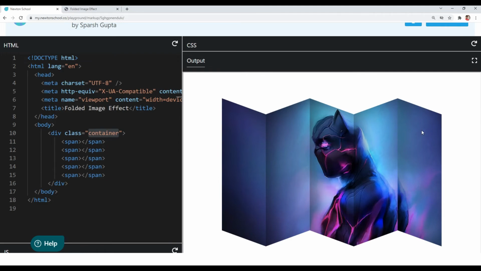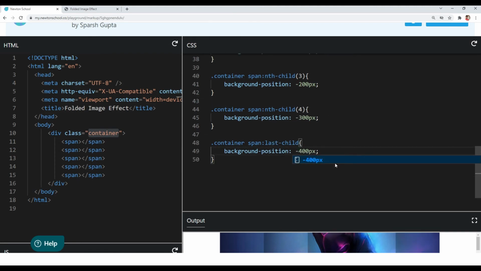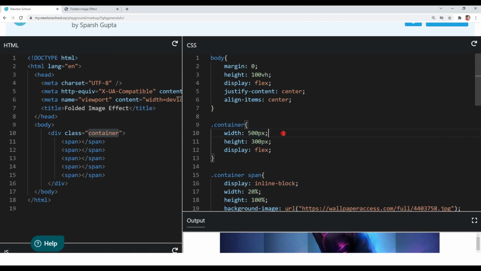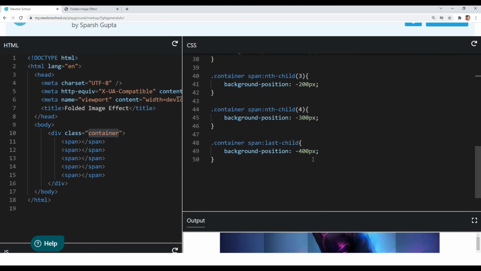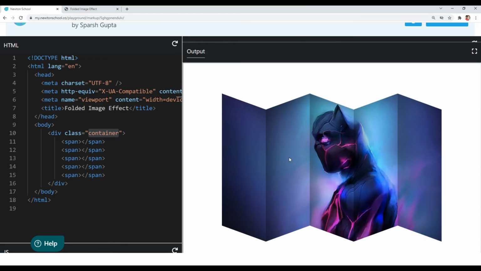So our fifth element is starting after 80%. So 80% of 500 pixel is 400 pixel. So you have to give 400 pixel. In case you are wondering why we are taking 500 pixels, I had already told you that it is the width of our container. Okay, so I had told you the approach, and now you can see we have increased the number of folds and it is looking amazing.